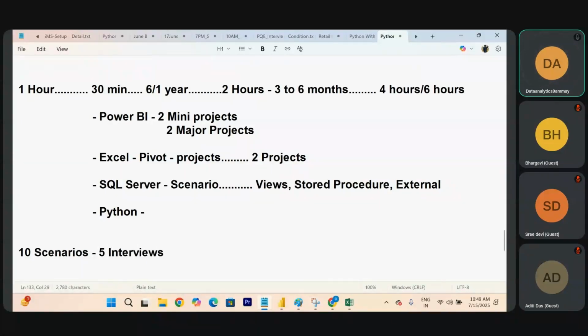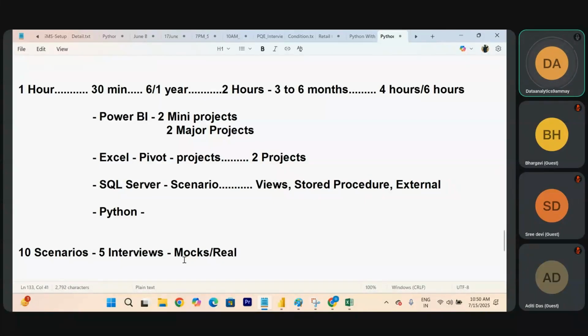Based on your experience, fresher or whatever you have, I will help you out. Out of these scenarios, these kinds of questions can be expected. So every day you are coming here, it is just like mock interviews as well as real-time work.